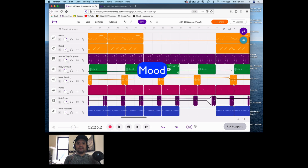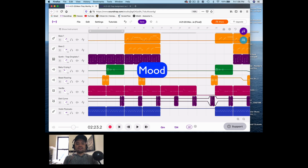All right, let's talk about mood, right? How you pick loops or program parts can create a distinct mood. And when we say mood, it's a certain feeling. So like,